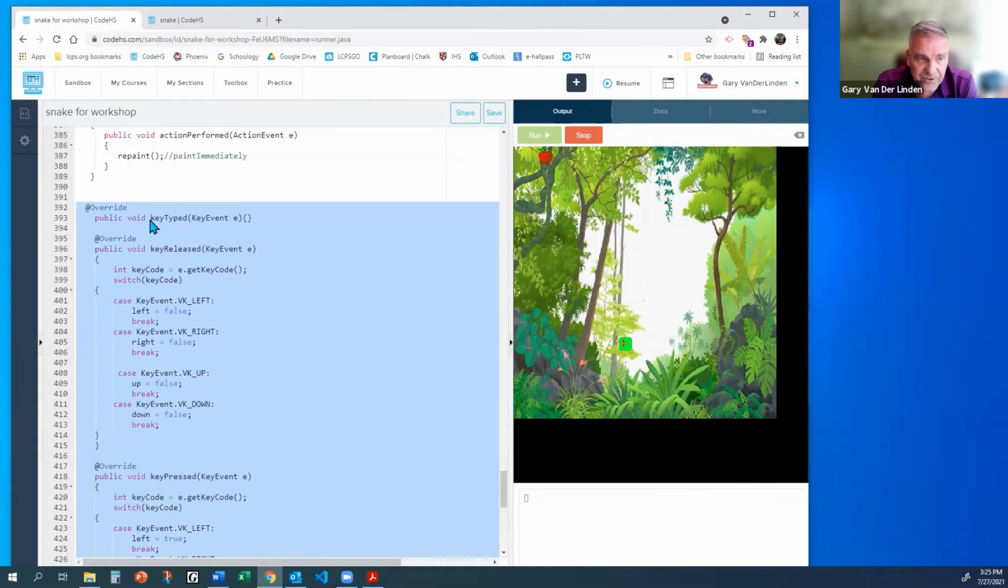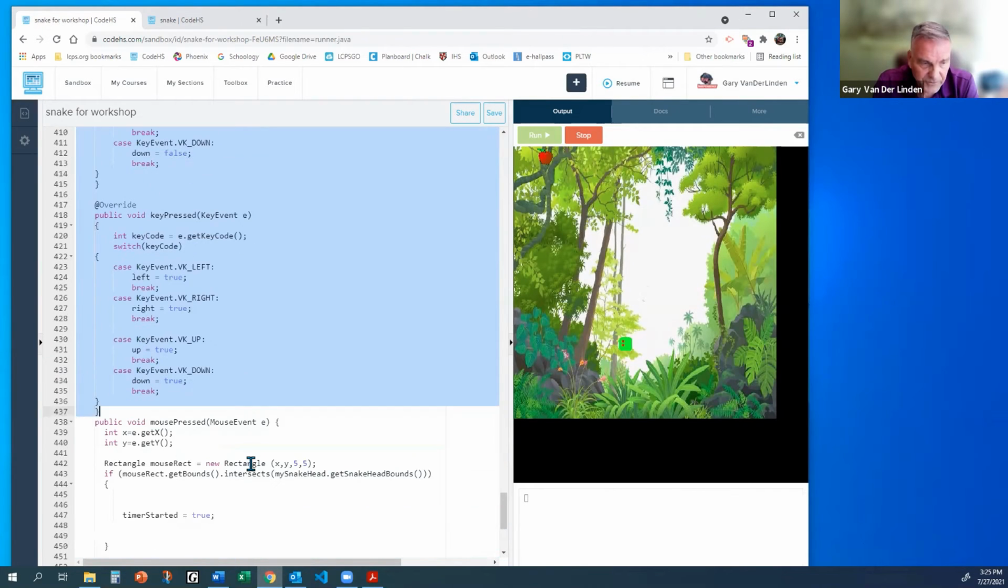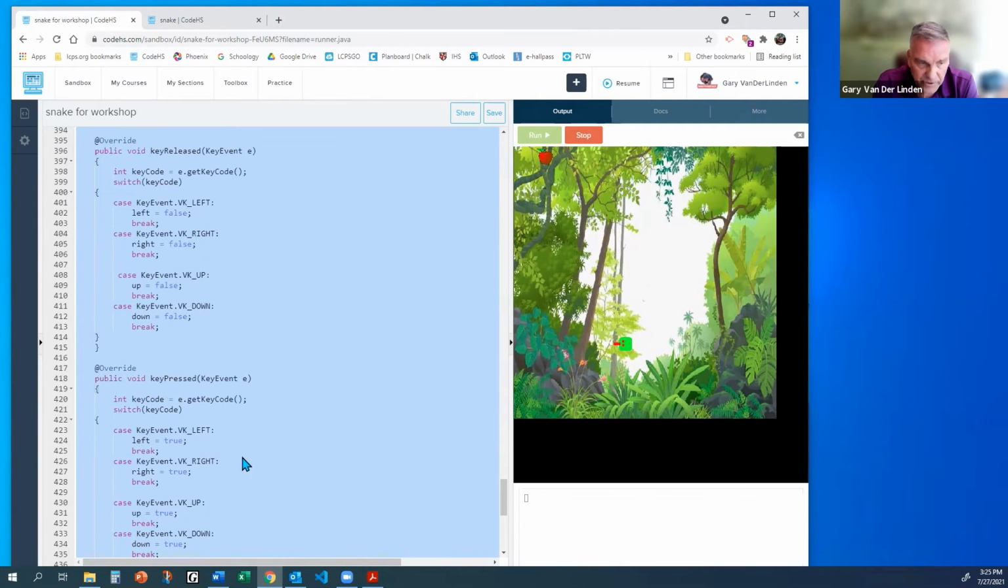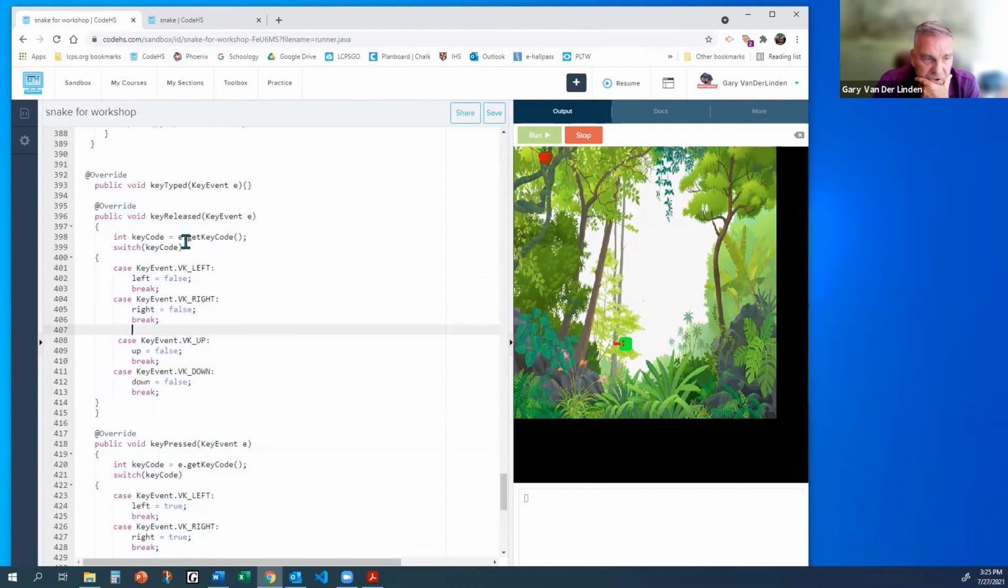Now, here's the methods again. We have key typed, key released, key pressed are the three methods that we have to worry about. Now notice that I'm not implementing key typed. Key released, my finger came off, and I'm just implementing for left, right, up and down keys. So when my finger comes off the key, I want to be able to tell my program, I don't want